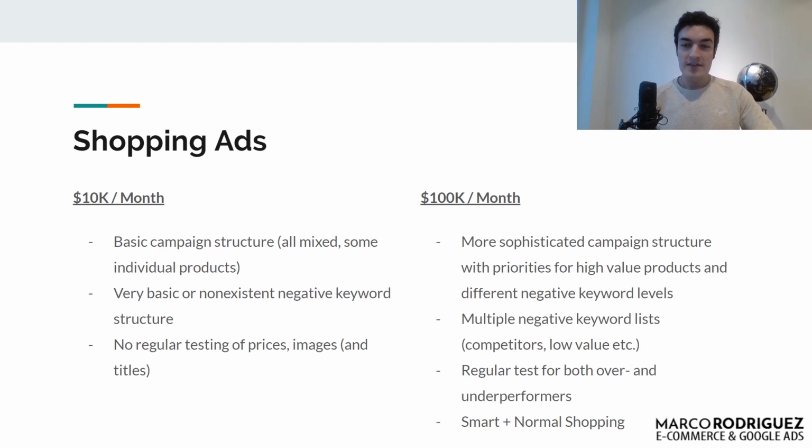Also, they regularly test stuff for both their overperformers and their underperformers. So if something is not working, they are putting it into another campaign, lowering the bids, doing all kinds of stuff here. They are testing new products, and those that are performing are treated in a different way, trying to scale them, trying to increase their bids. As I said, coming up with a new negative keyword structure here and just optimizing images,